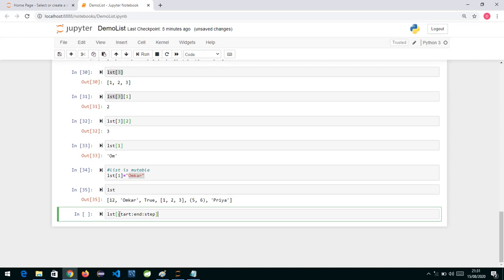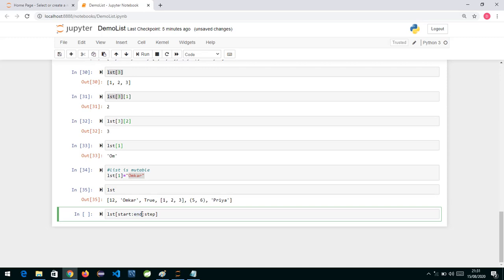Now in slicing, start is the index from where you want to cut the list, from where you want to extract the data. End, whatever end you specify, it will exclude it, meaning it will stop one position before that. So if you write end as 3, it will cut till 2.